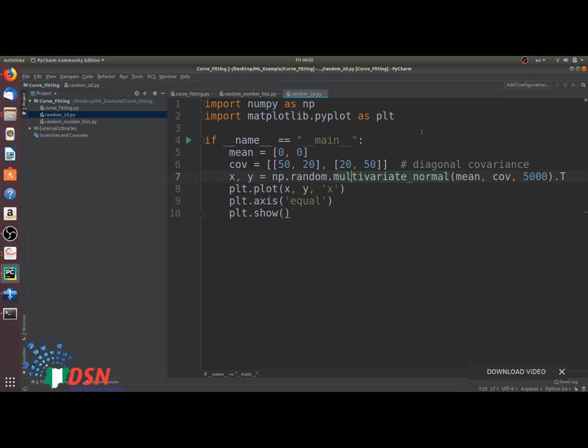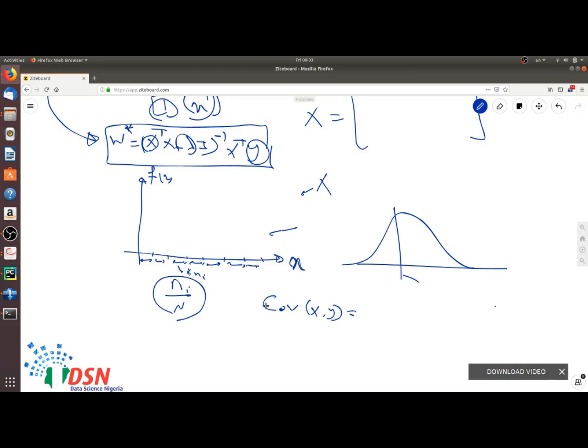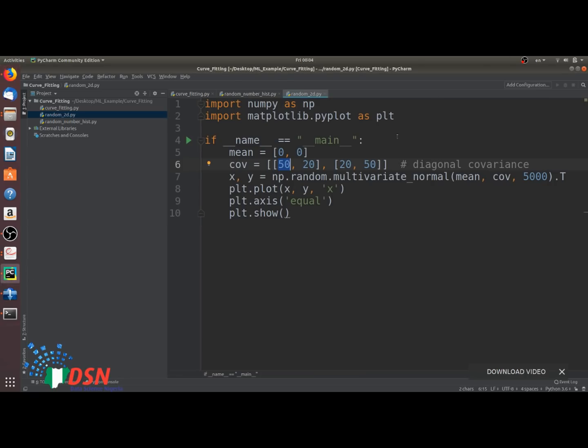If we plot them, this is important: if you want to have independent variables, you could put values on the diagonal of the covariance matrix, and any position other than the diagonal equal to 0. If we put something like this, put it 0 and 0,